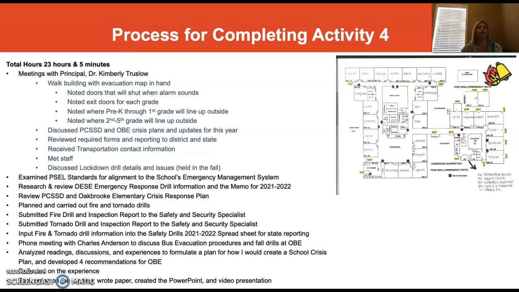I submitted fire drill and inspection reports to the safety and security specialist. I submitted the tornado drill and inspection report to the safety and security specialist. I input the information for the fire and tornado drills into the safety drill 2021-2022 spreadsheet for state reporting. I had a phone meeting with Charles Anderson to discuss the bus evacuation procedures and fall drills for Oak Brook Elementary. I analyzed readings, discussions, and experiences to formulate a plan for how I would create a school crisis plan